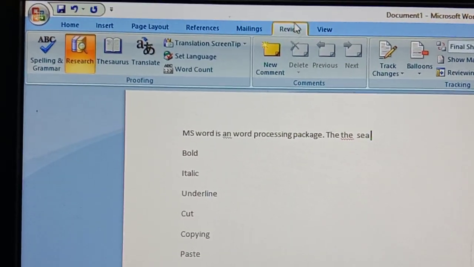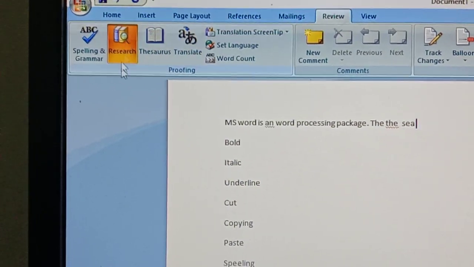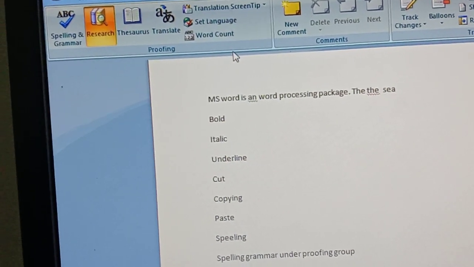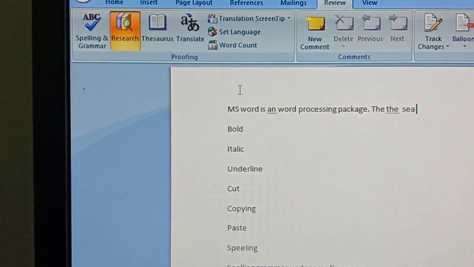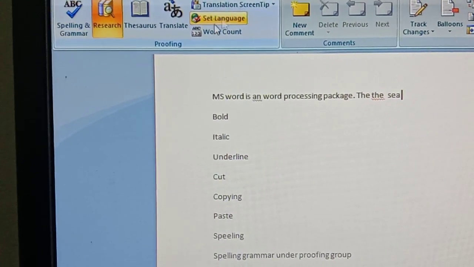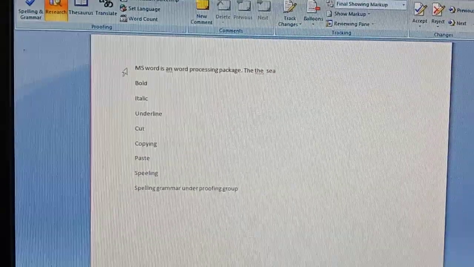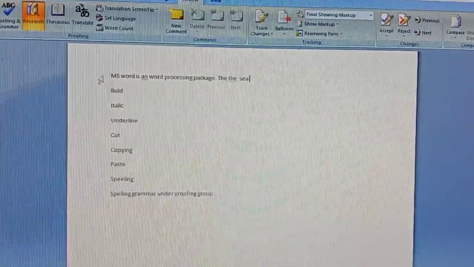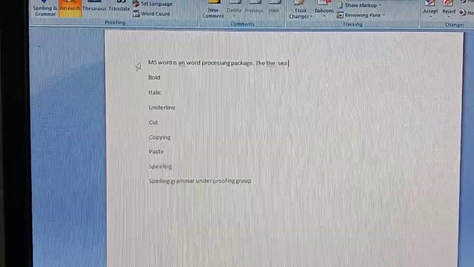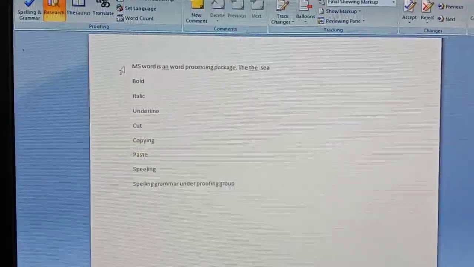Again, I am repeating. This chapter is completely about the review tab only. In review tab, we have a proofing group. One is spelling and grammar, thesaurus and word count. For each option, first you need to select the text. After selecting the text only, you need to click those icons. Then only the necessary changes will be applied. Okay, that's all about this chapter, children. While watching this video, parallelly go through your textbook, then you will get a good idea about that chapter. Now I request everyone to open textbook page number 48 for TB exercises.